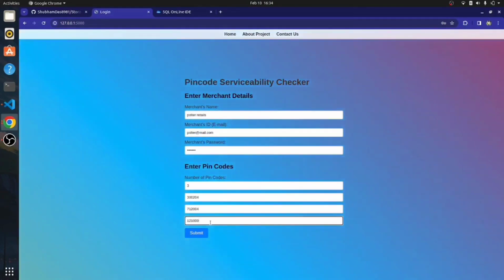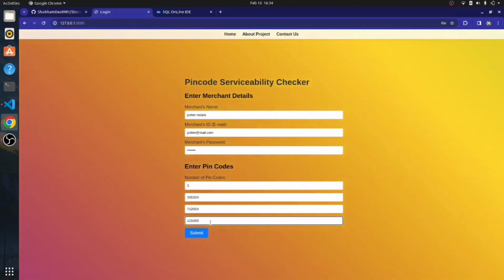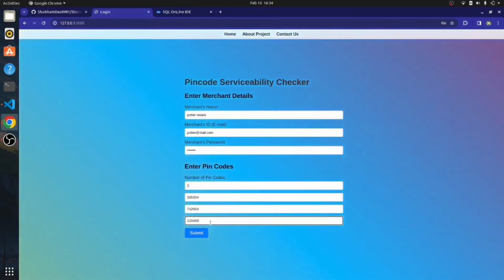These three pin codes are going to be stored. Let's suppose we consider one of the pin codes and keep it in our mind. The pin code will be the last one, 121000,